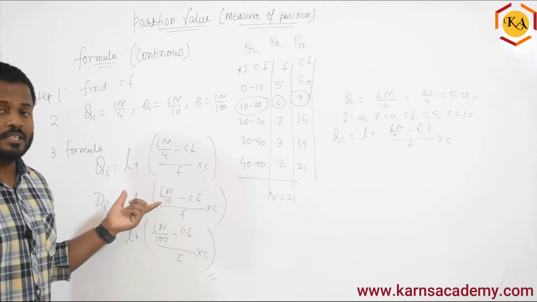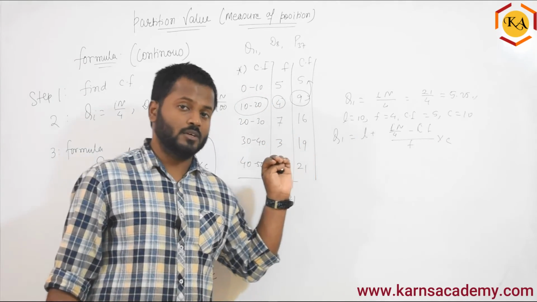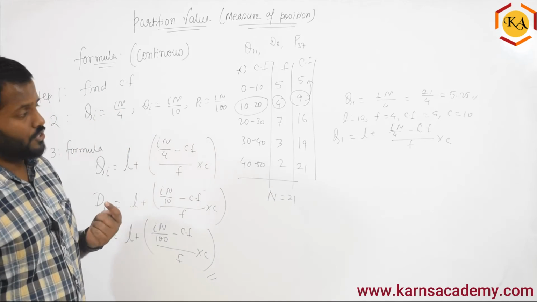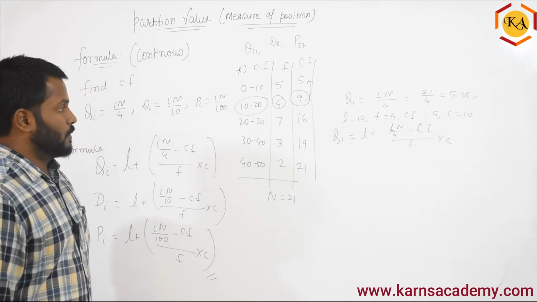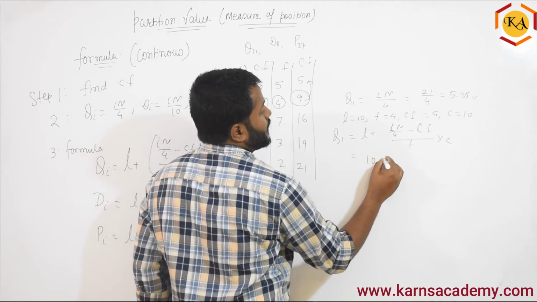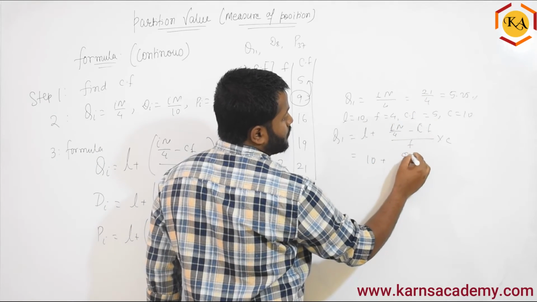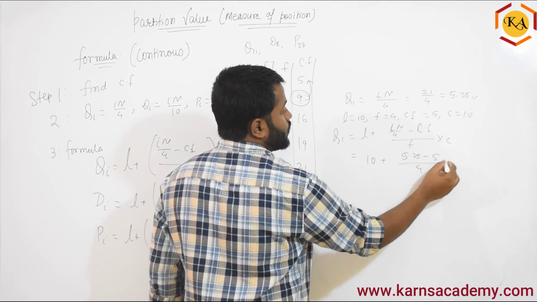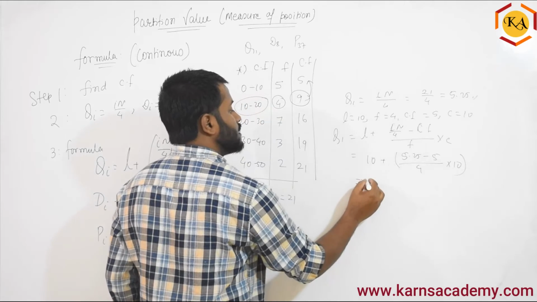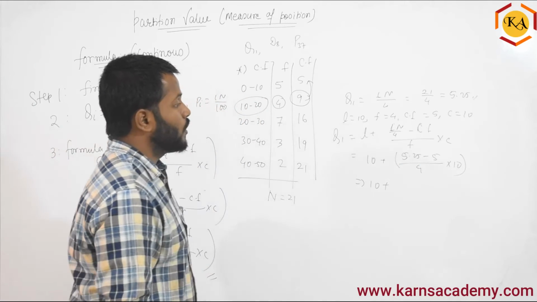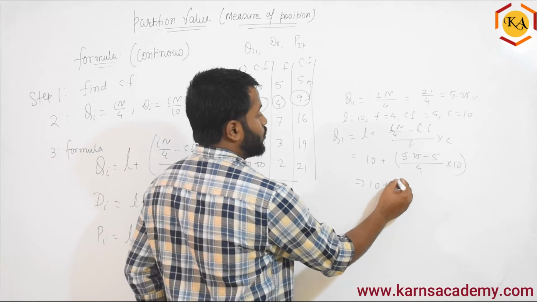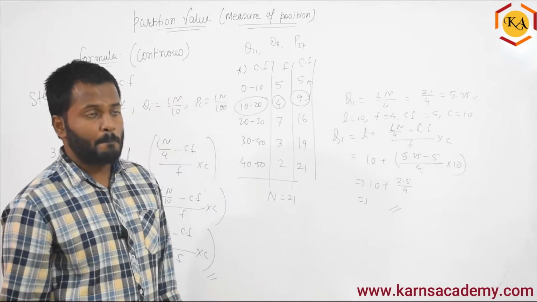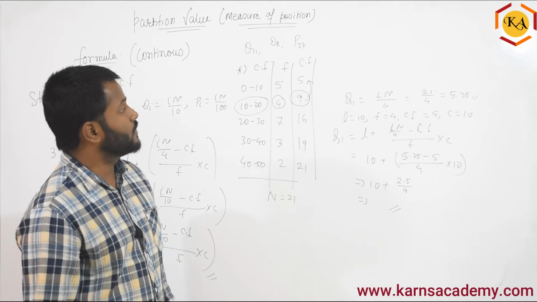The same formula what I have written here, I have changed because I know exactly what I want to find now. Here I have written i. Why? Because quartile can be Q1, Q2, Q3, any of these. Okay, next. Let's substitute the value, L value 10, n by 4 is nothing but 5.25 minus CF is nothing but 5 by frequency is 4 into 10. So if you see this, 10 plus, here you will get 0.25 into 10 is 2.5 by 4. So 2.5 by 4, solve this and whatever you get, that is your answer. Right? So this is how you will be solving the Q1.